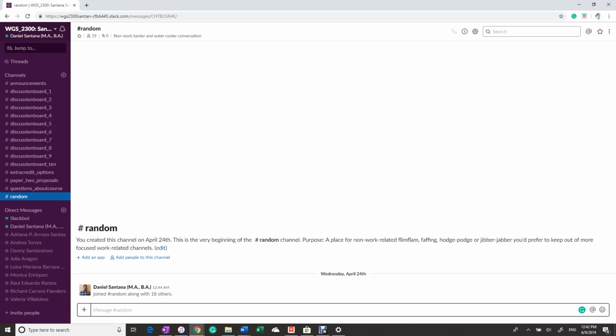Okay. And then if you click on your name, you can also edit and personalize your profile and all that stuff. You don't have to add a picture. I just added mine because I felt students might need a face for the instructor of the course. Okay, so that's pretty much all I wanted to say about navigating Slack.